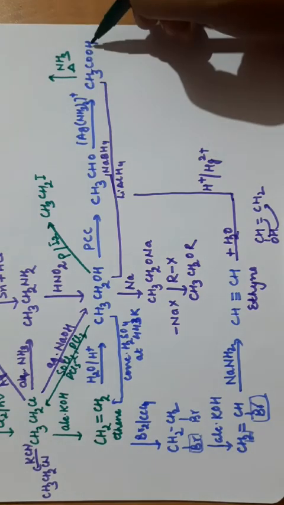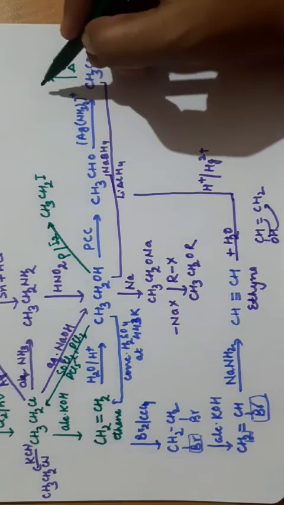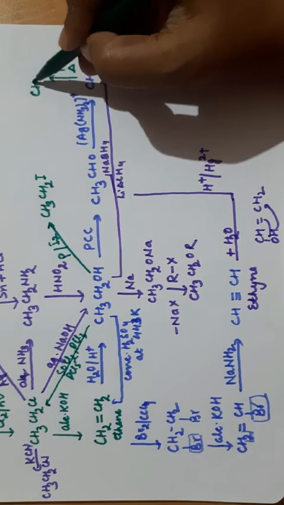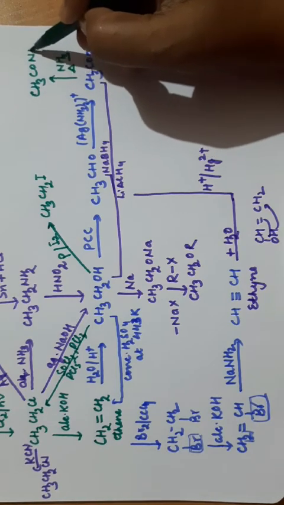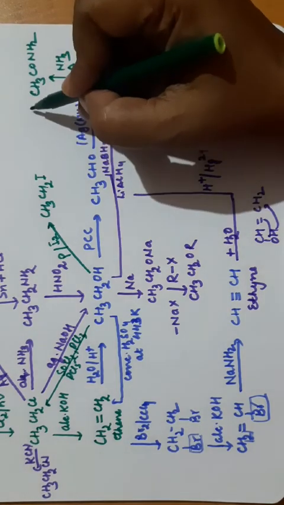Now coming to this acid, if you are treating it with ammonia and heating it, it will form ammonium salt first. On heating, it will lose one water molecule and it will form amide CH3CONH2. If you are doing the reduction of this amide,